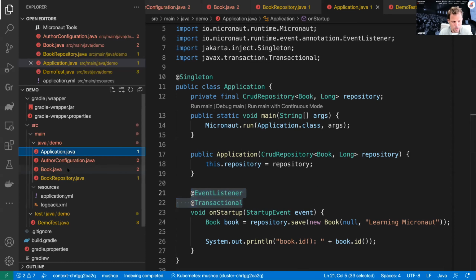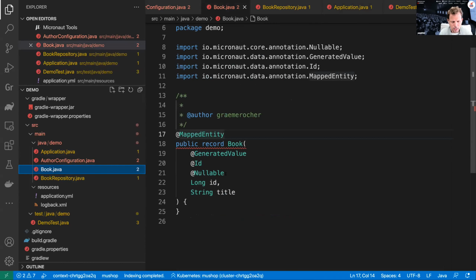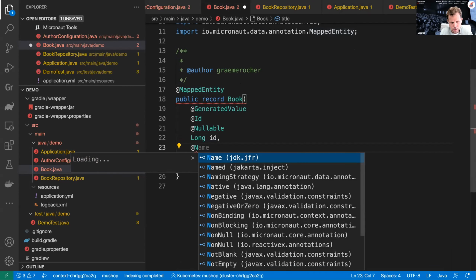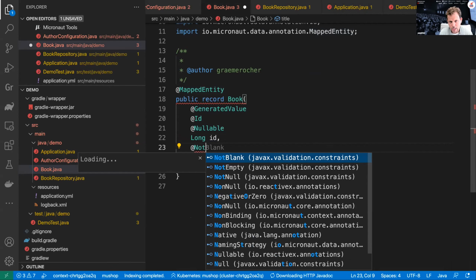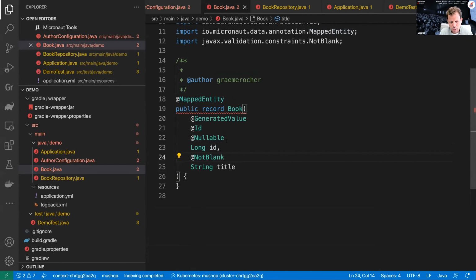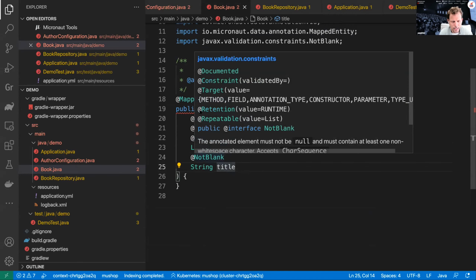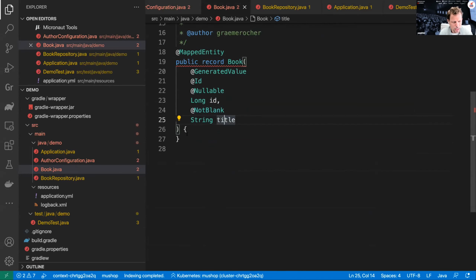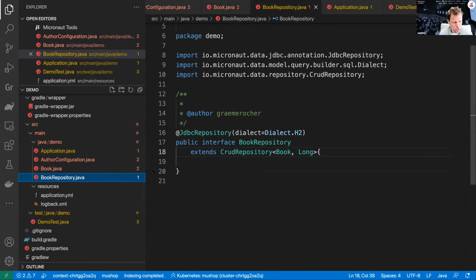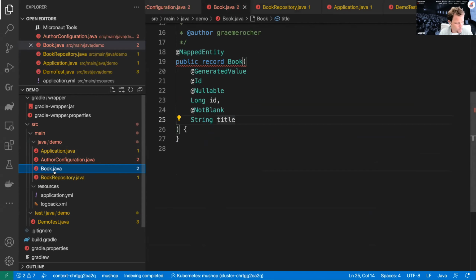Okay, so the nice thing with the records as well is you can, for example, apply all of the different validation rules that you're used to using with Micronaut's build time validation facilities. So you can say not blank, for example, and an import, and that will ensure that the title cannot be blank, and it will apply any kind of validation rules for Micronaut Data when you supply it and so forth. So Micronaut Data has broad support for immutability in records, and